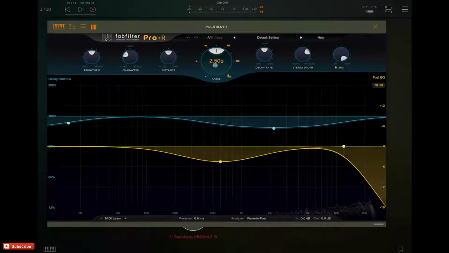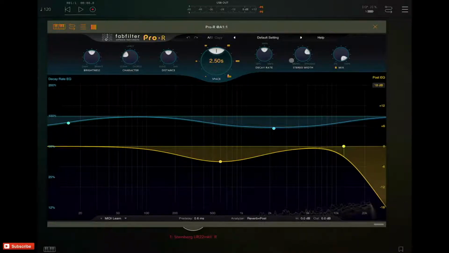So within that huge space you have, you can create distance within that space, if that makes sense to you. Then you've got your decay rate, how long that's going to hang around for. That's what your decay is. So how long that reverb is going to linger in the air, just like when you play that sustain, you go to the shops and come back and it's still ringing,